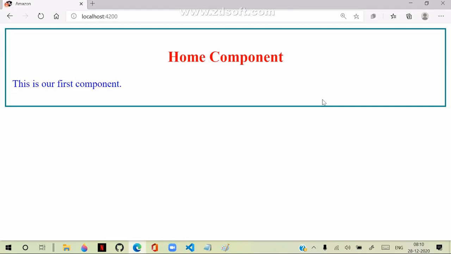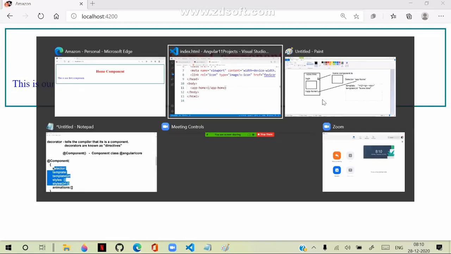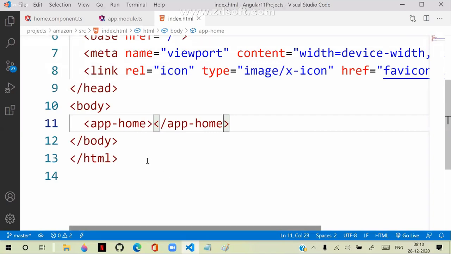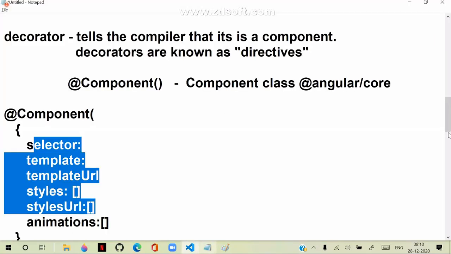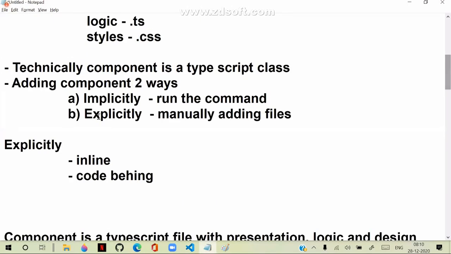Initially, we designed a simple component, and we did it by using the inline technique, explicitly using the inline technique. That means everything we added, we designed manually.